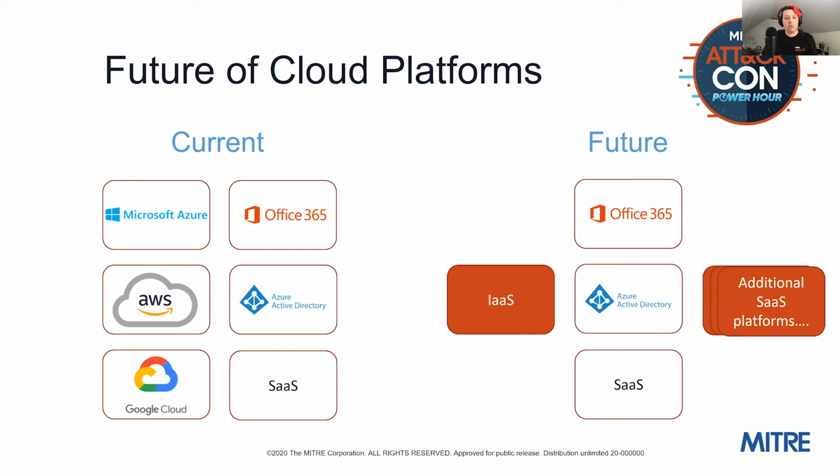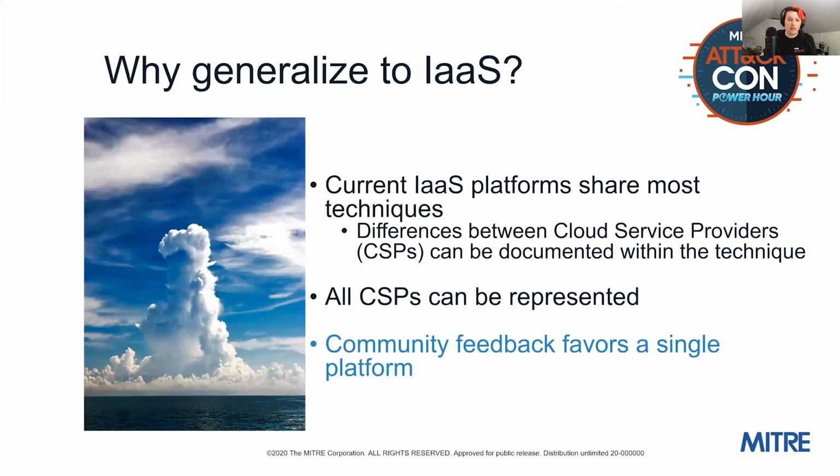After doing some research and talking with folks in the community, we're planning in a future release to consolidate Azure, AWS, and GCP into a single infrastructure as a service platform, and then continue to add additional SaaS platforms to Attack. There are a few SaaS platforms we've been considering for potential future inclusion into Attack. We'd also be really curious about your feedback here and your in-the-wild experience with adversaries, so we can continue to increase coverage in this space.